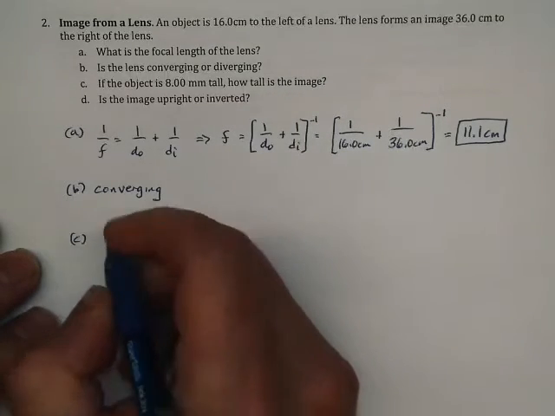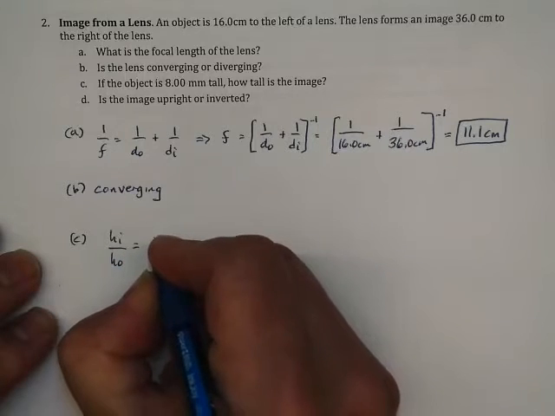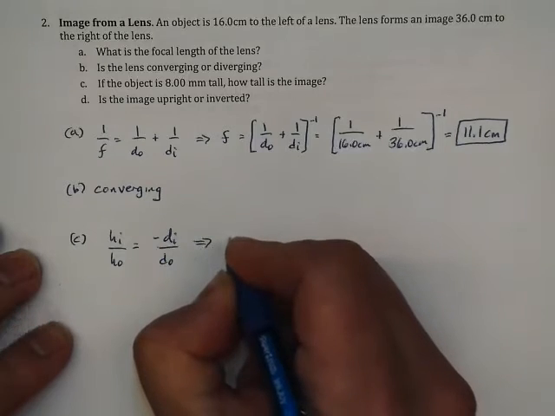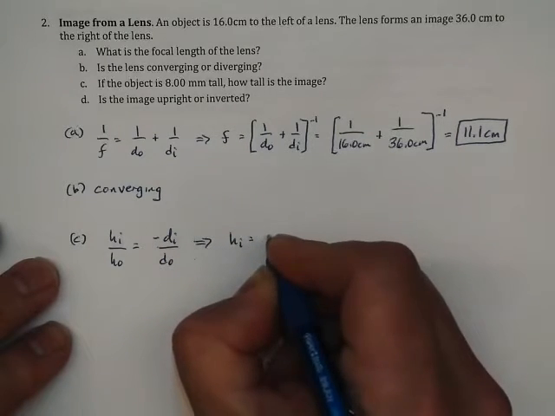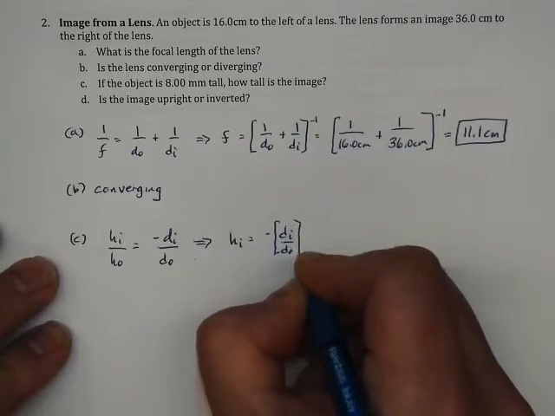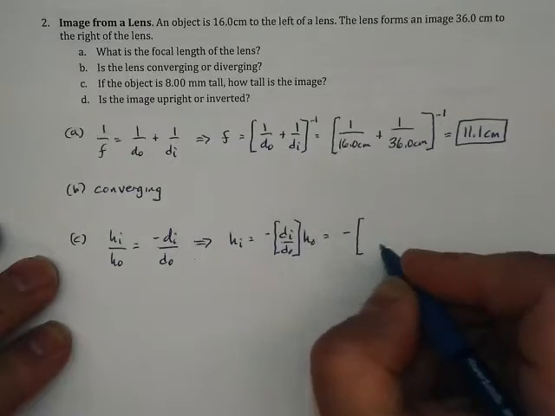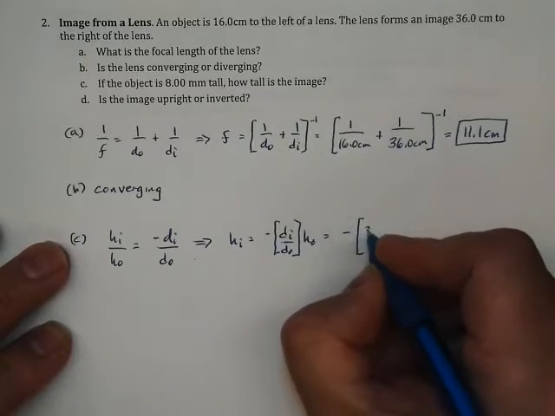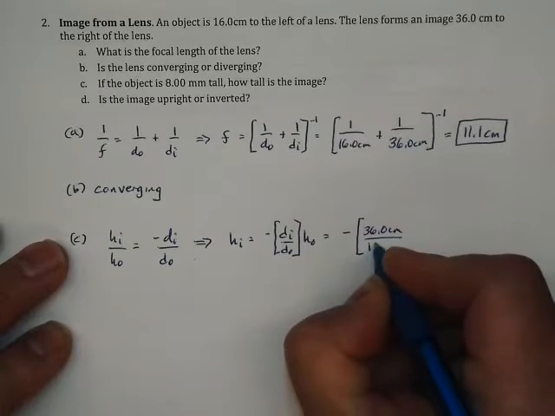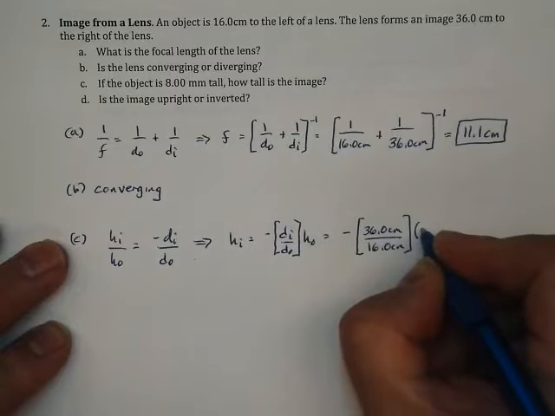Again, from our magnification equation, we know that the ratio of the image height to the object height is the negative ratio of the image distance to the object distance. And that means the image is that negative ratio times the object height. So that's negative 36 centimeters for the image, 16 centimeters for the object, and 8